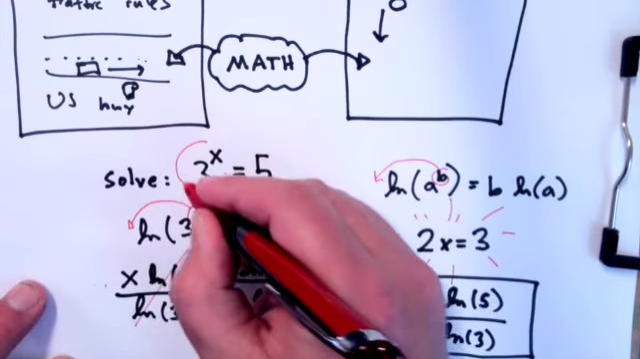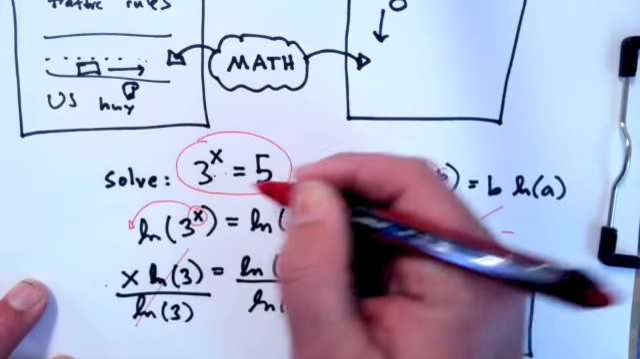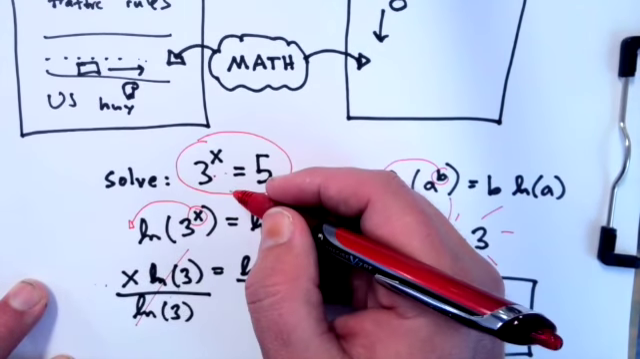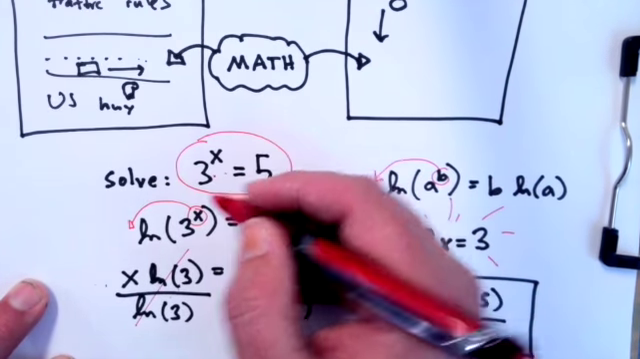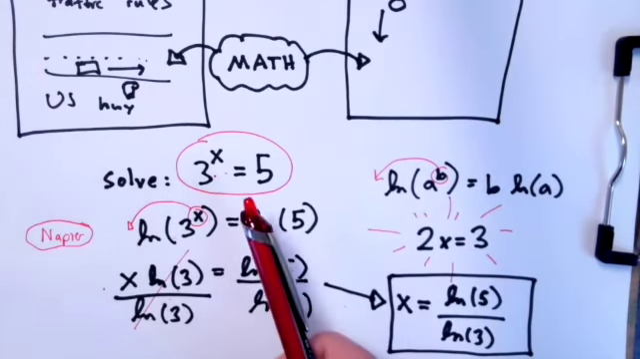But people knew that equations like this existed for a really long time. It wasn't until about 400 years ago. What is the point of saying this? The point of saying this is